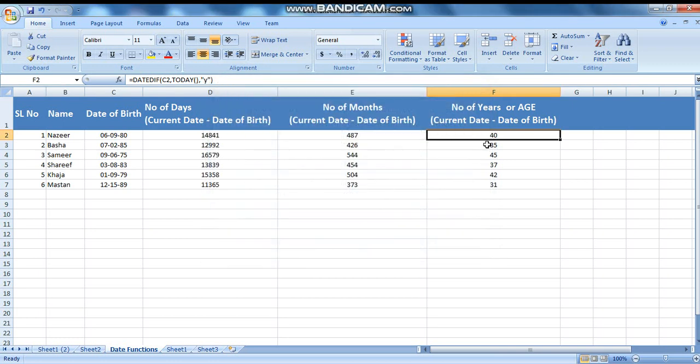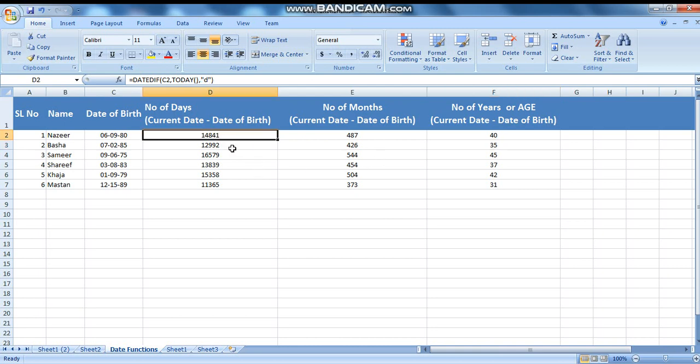So it is nothing but your age. This is the way you can use this function to calculate age, the number of months difference between your current date and date of birth, and the number of days between your current date and date of birth.